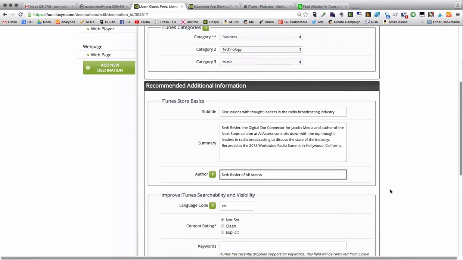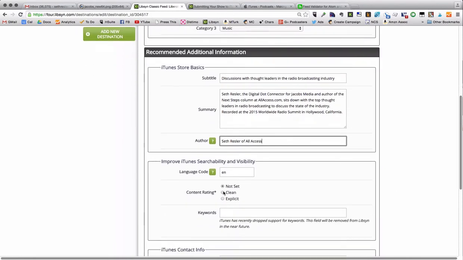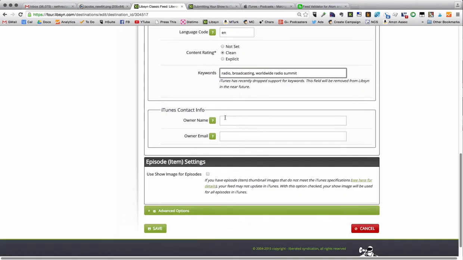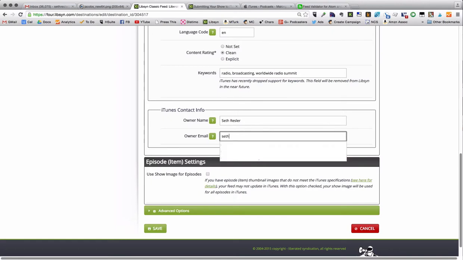All Access. Again, those are the things that people may be searching for. This is clean keywords: radio, broadcasting, worldwide radio summit. This is not actually that important. This feature has been deprecated on the latest version of iTunes, but we'll include it here anyway. Owner name, that's me. And we'll say Seth at, I've got so many email addresses,